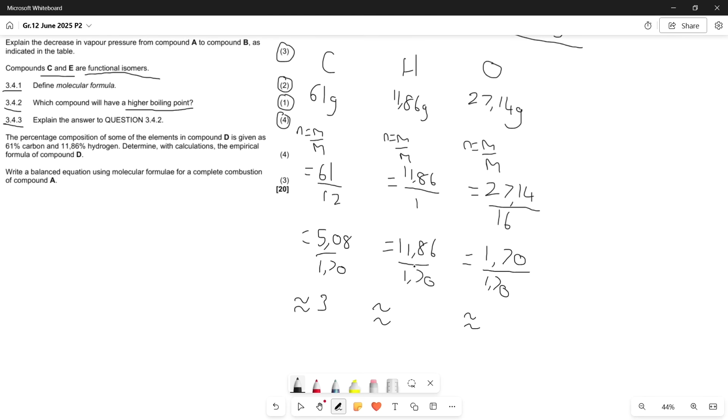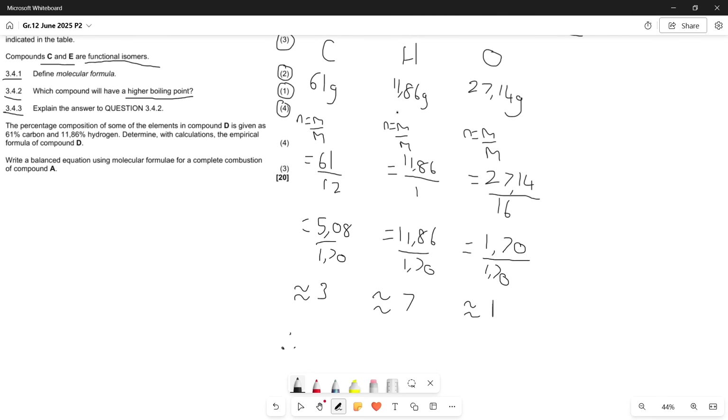11,86 divided by 1,70 is 6,98 as well, which means we can round that up to 7, and then 1,70 divided by 1,70 is just 1. And all of these were close enough to round up to whole numbers. None of them were 1.5s, for example, where we would then have to multiply everything by 2 in order to get them as round whole numbers, which means we can write our final answer in the order that we have